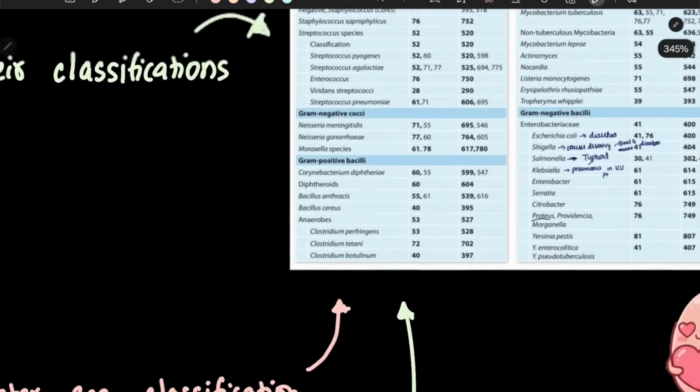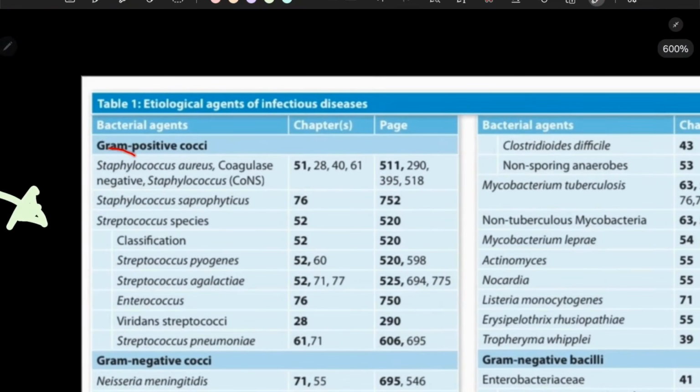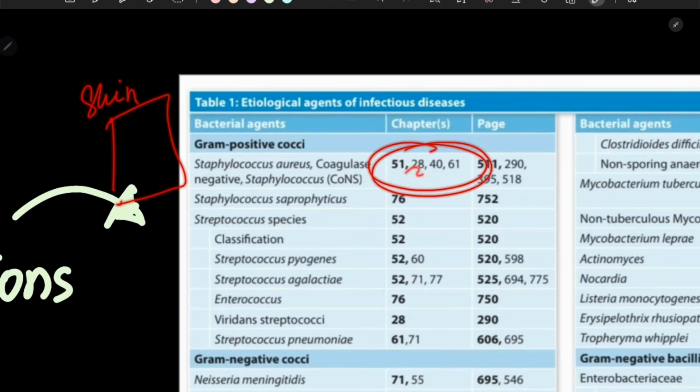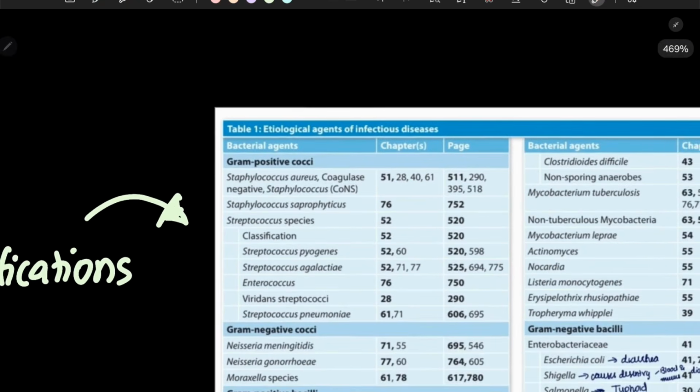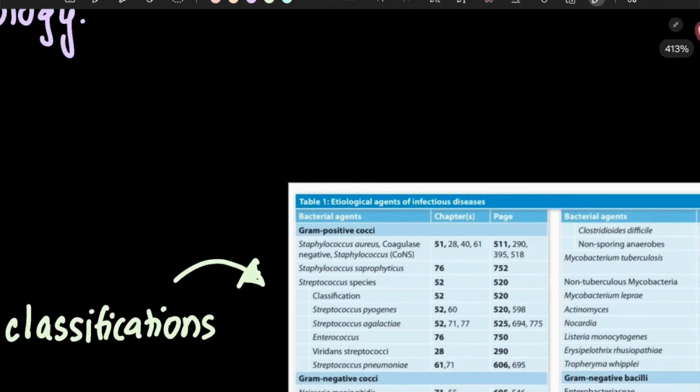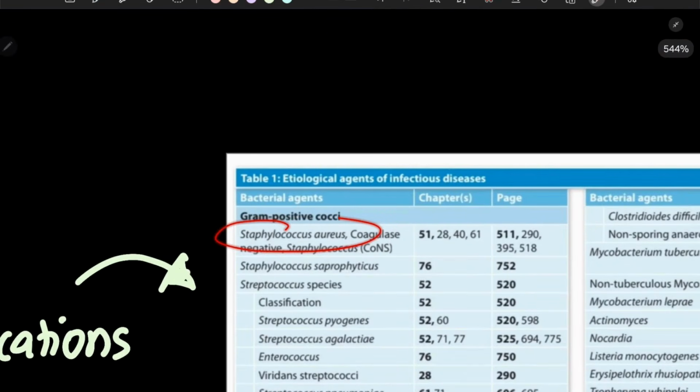By this I mean, let's say you are studying Staphylococcus, you have done it in skin. Once you are done with that section, look at what other chapters Staphylococcus is present in, because like I said, our textbook is system based, not organism based. When you're doing a particular organism, please go and look at what other things the same organism can cause, and the page numbers are given here as well, so it will be easy for you